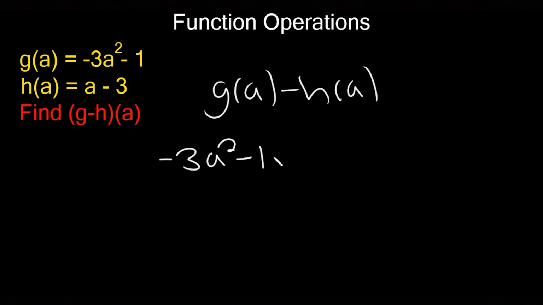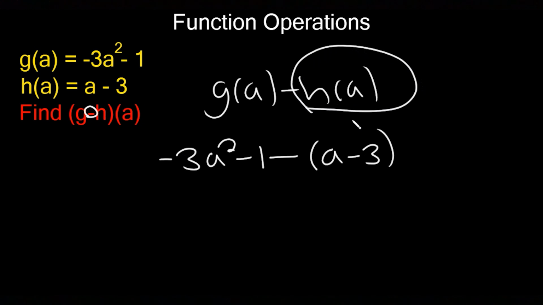Make sure you put minus right now, okay? Don't wait, because you are going to have to distribute that negative sign, okay? And you'll see what I'm talking about. So h of a is a minus 3. So in parentheses, I'm going to put a minus 3 because, again, this minus sign right here is telling me that it has to be applied to all of h of a, which I have right here, okay? So you're going to take this negative and distribute inside, and then you're going to simplify, okay? So I'm going to get negative 3a squared minus 1, and then I get negative a, and then plus 3,